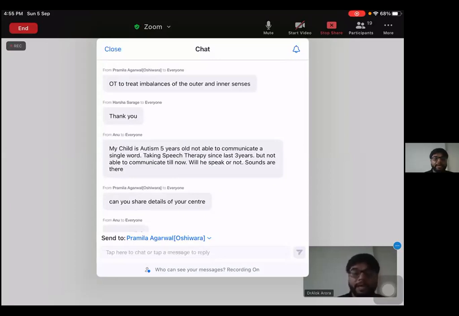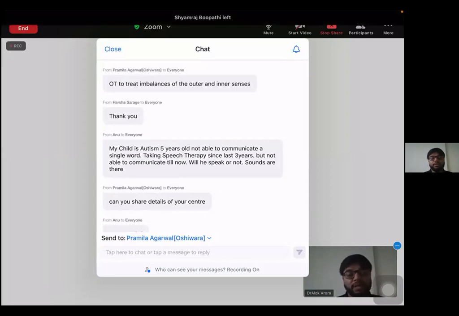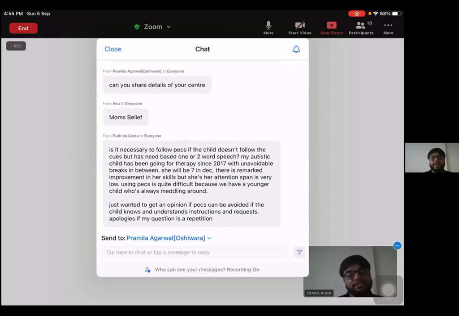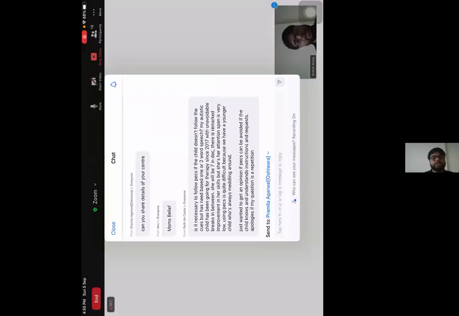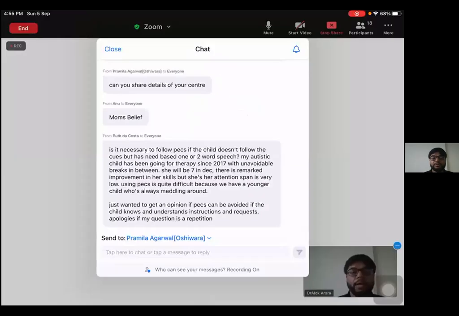Yeah, definitely. We need to first understand the reasons why he is not saying even a single word. Sound is there, so why is he not speaking? Speech therapy alone might not help at times if his tongue muscles are weaker, or his cheek muscles are weaker. Maybe he is not opening the mouth, and because of that he is not able to twist the tongue. He has a thick tongue. So we need to understand first. The assessment is very important here, and it has to be done in all three parts. It's not just the speech assessment. The OT assessment is also required here. So personally, I think we can assess this child, and only then can we find out the reason why he is not able to speak.